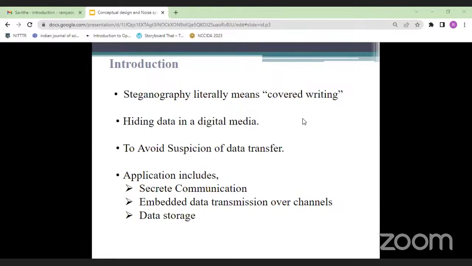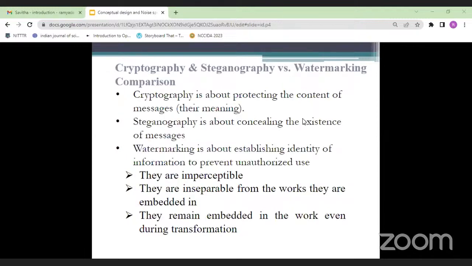Our task is to minimize the disturbance, so we will describe an algorithm and make sure that the quality is not disturbed. While cryptography is about protecting the content of a message, steganography is about concealing its existence.